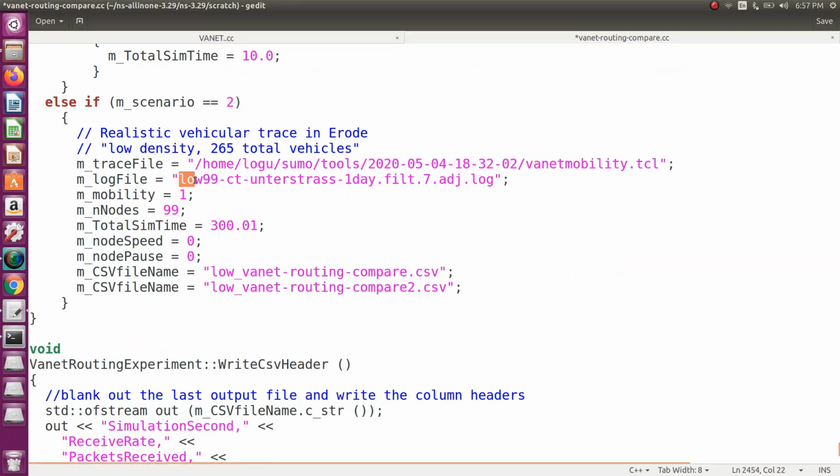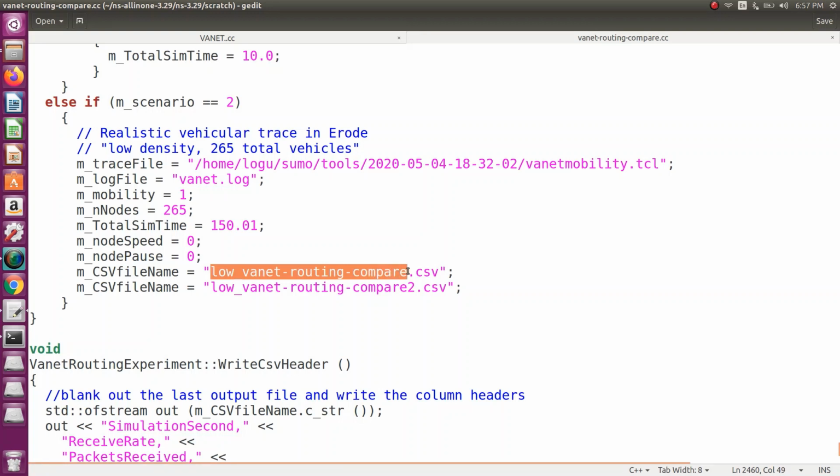Then next, you have to create some log files. It is a basic file, you can use vanet.log. The total number of nodes is 265, so I am going to change it to 265. The total simulation time is 300, which is somewhat too large, so I am going to use just 150 seconds only. Because the total number of nodes is 265, even 150 will take a long time, so for demonstration purposes I am going to change it. If you want, you can use more.